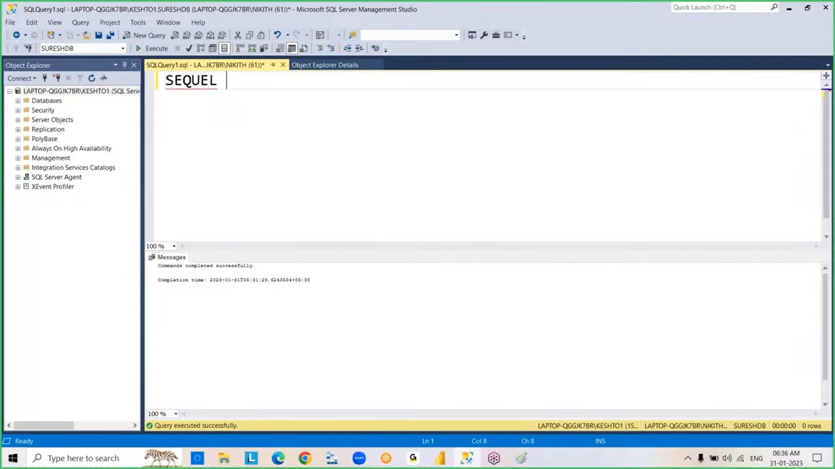So in the same way, this SQL language contains some sublanguages. DDL, data definition language. DML, data manipulation language. DRL, data retrieval language. TCL, transaction control language. And DCL, data control language. So your important thing is